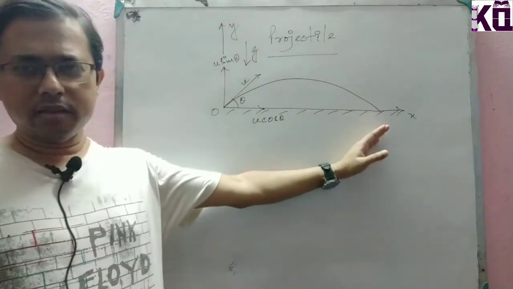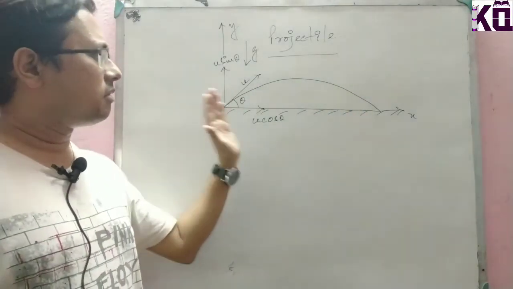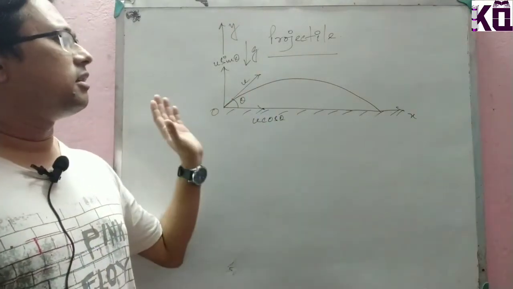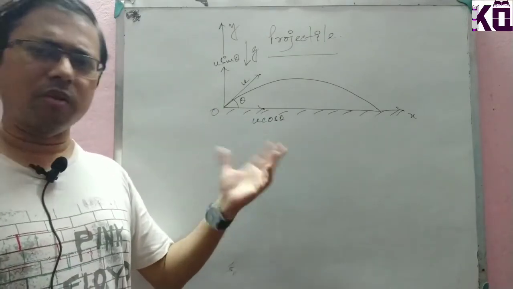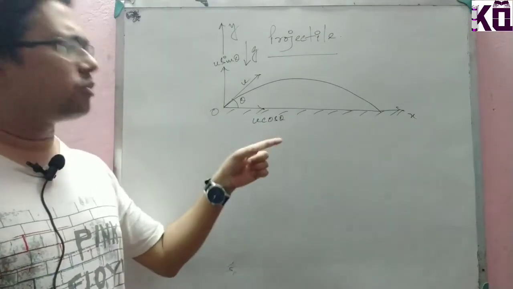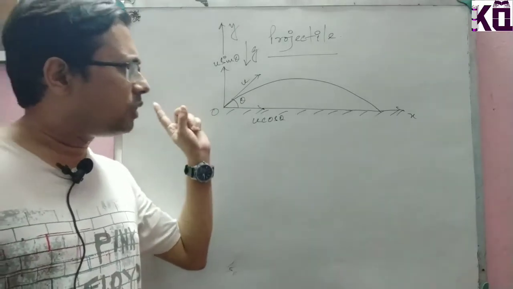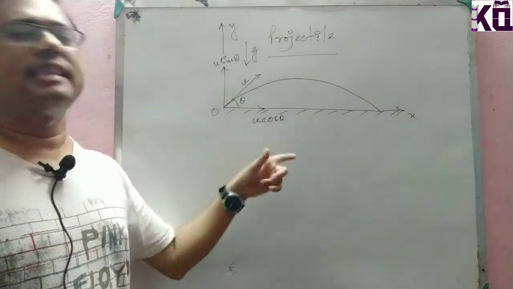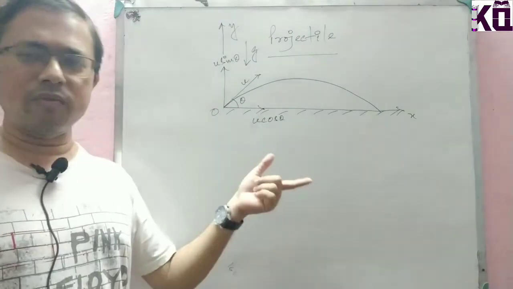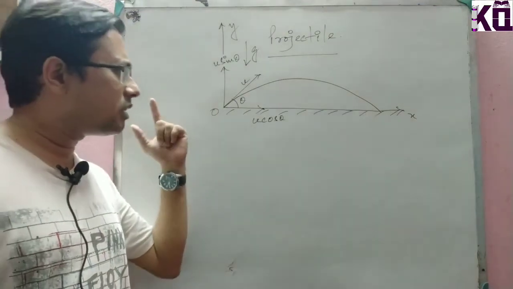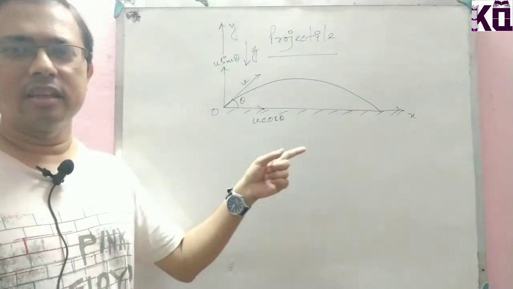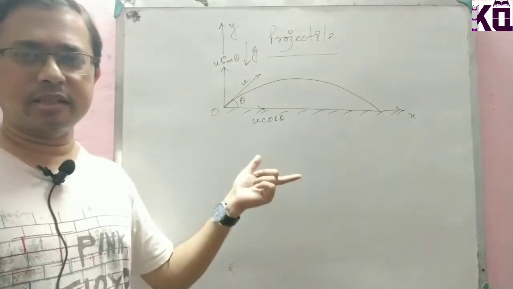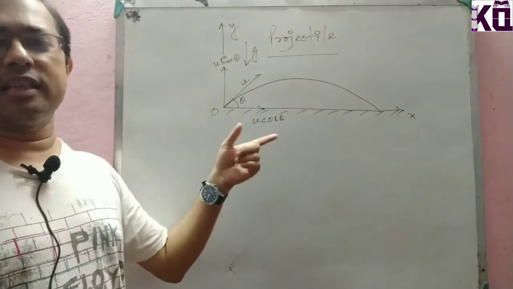Okay, so now what happens here, the very first point is, there might be displacement, there is initial velocity, there is final velocity, there is acceleration, whatever may be, but you must take care of whichever direction you are considering. Say if you are considering the x direction, you have to take care of the displacement in the x direction, the initial velocity in x direction, and identify if there is some acceleration in the x direction, and similarly for the y direction.